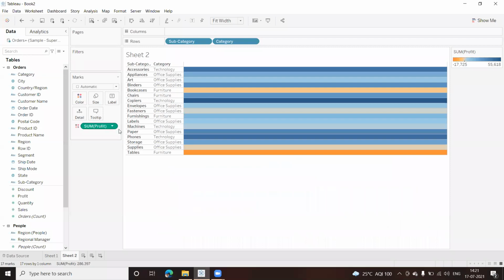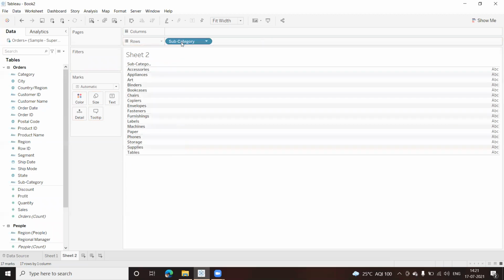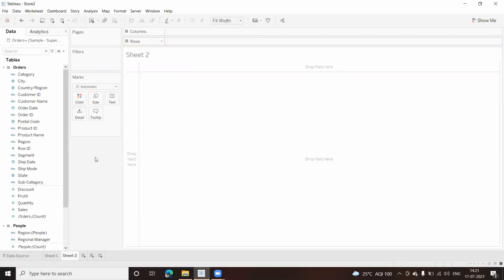Now this is looking more weird. Let us remove all this. I'll create a sales and profit mix by using the subcategory, the sales value and the profit value. So the first chart I'll create: I'll take a subcategory, drag it and put it in the column.